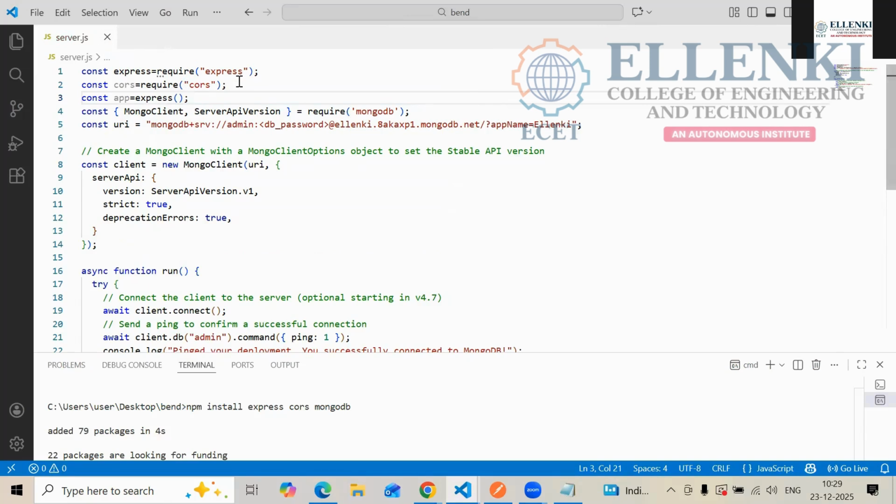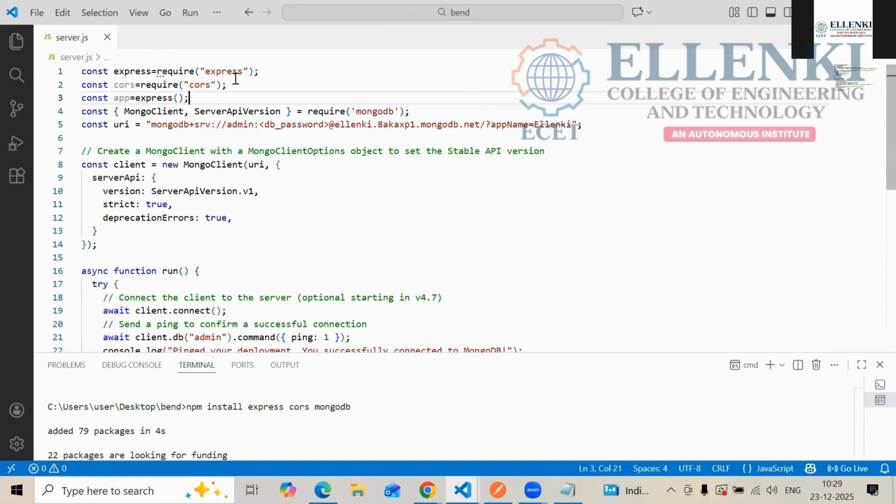What we did up to now, we brought express and cors. Why express and why cors? To connect with the MongoDB, you are using express. To connect with the front end, we need the data for the front end only, right?